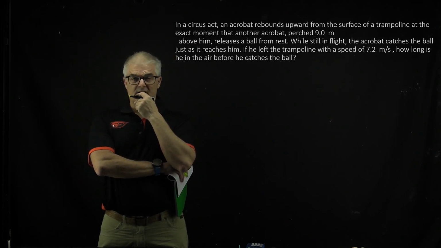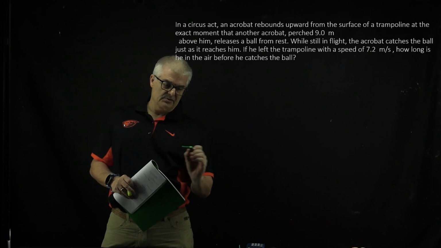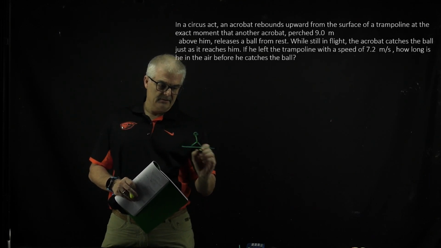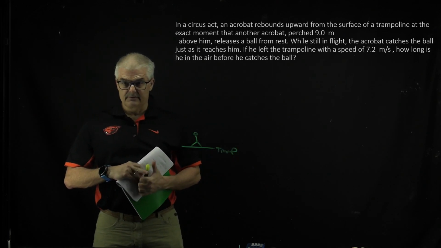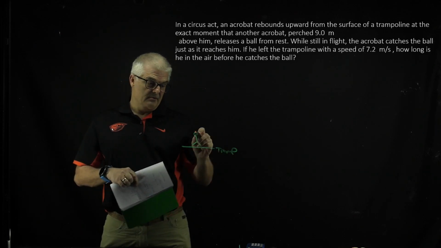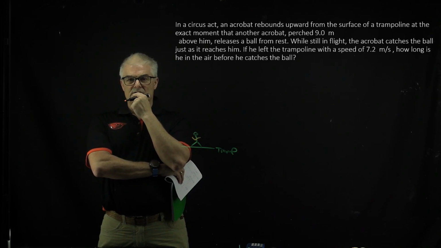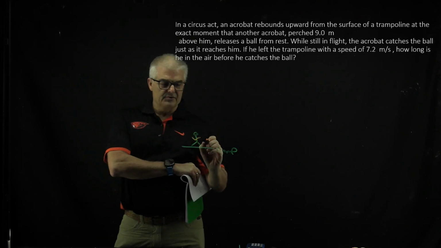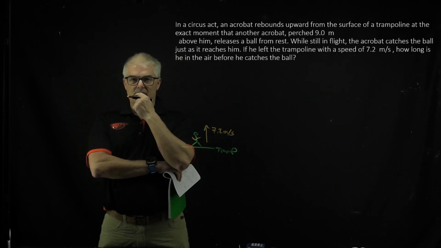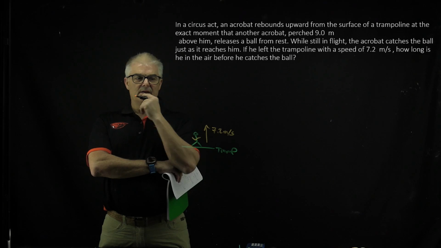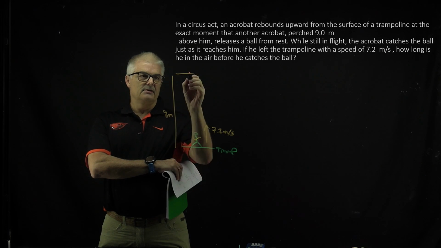So we've got a circus act who rebounds upwards from the surface of a trampoline. Let's sketch a picture. This is a trampoline. Okay, you've got a trampoline, and he left the trampoline at 7.2 meters per second. You probably have a different number, same idea though. And you've got another acrobat up here at a distance of 9 meters, and they're going to